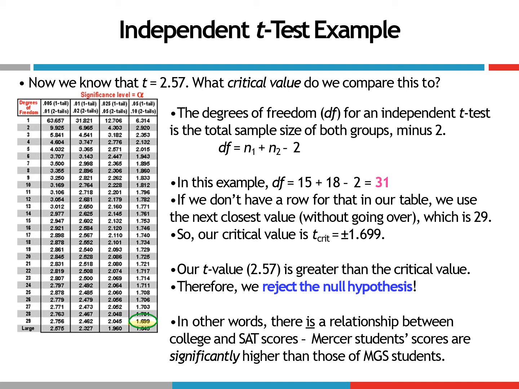So if we don't have a row in our table that corresponds to 31, then we're going to use the next closest value without going over, which in this case is 29, okay? So our critical value, if we set our alpha level to 0.05,